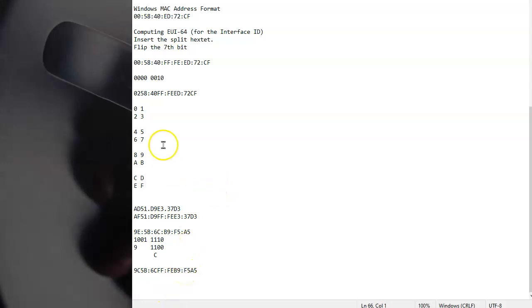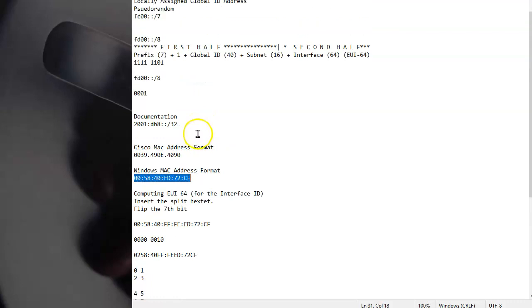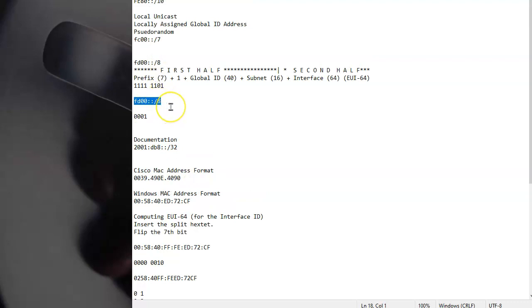I want you to remember this method for remembering how to flip the bit. Definitely remember that the Cisco format and the Windows format of the MAC addresses are the same. Remember FD/8 for the global, and the word pseudo-random, right?